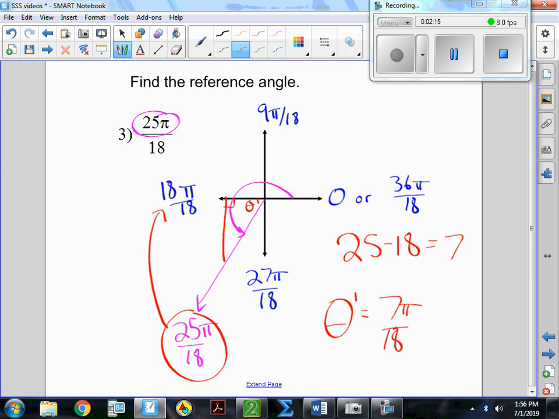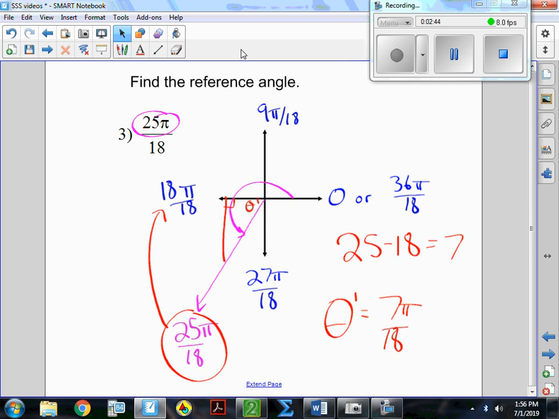Again, I had 25 pi over 18. I used my blue radian measures 9, 18, 27, and 36 to figure out the quadrantal angles instead of pi over 2, pi, 3 pi over 2, and 2 pi. That gave me a reference of where my 25 should be. It should be in quadrant 3, so I drew that closer to the 27 than to the 18. And then to go from 18 to 25, 18 up to 25 is 7, so there's 7 pi over 18